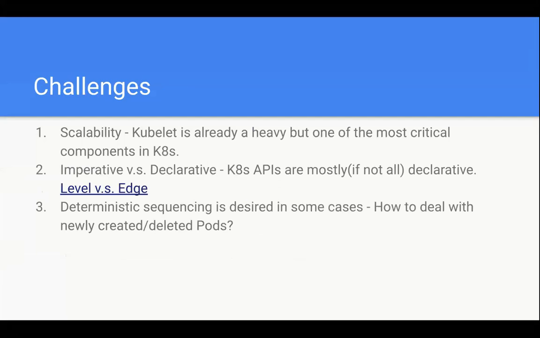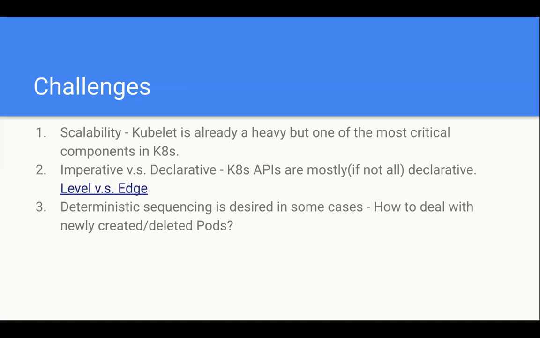Looking deeply into this topic, what are the major concerns? There are three aspects. The first thing is scalability. Kubernetes is already very heavy, but undoubtedly it is a really important core component.